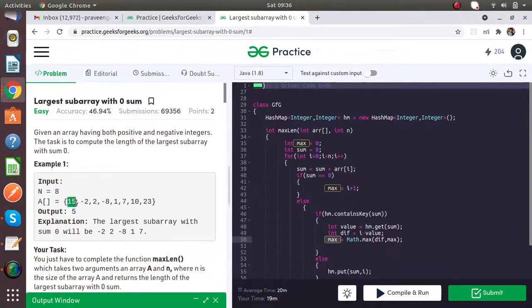Then we find the sum from 15 to 10, then 15 to 23. Then we make another subarray from minus 2 to 2, from minus 2 to minus 8, and in this way, so on.